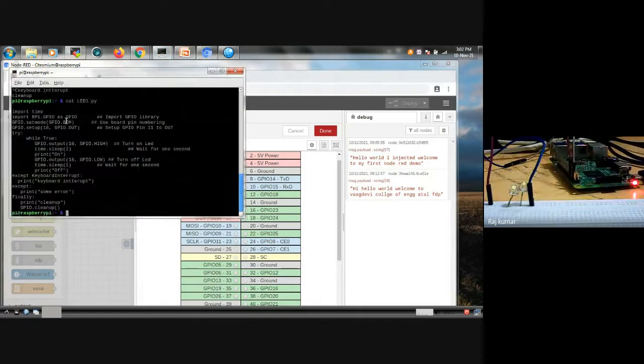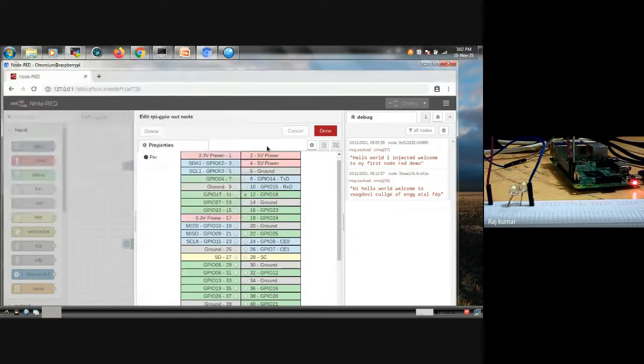In the third line, after import time, you can see GPIO.setmode(GPIO.BCM). This is one way of engaging the pins. Another one is GPIO.BOARD. These are the board numbers which you can see, 1, 2, 3 up to 40. Some are numbered for specific tasks. Either way you can use. Now I have selected GPIO 18 and am trying to engage that pin as an output to the LED.